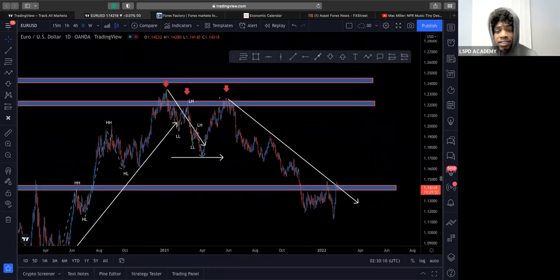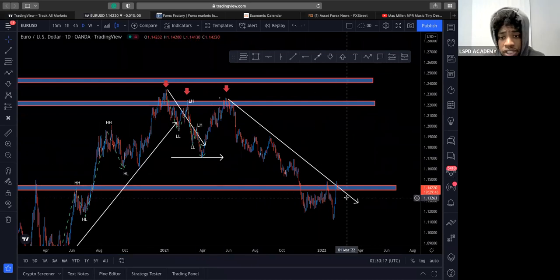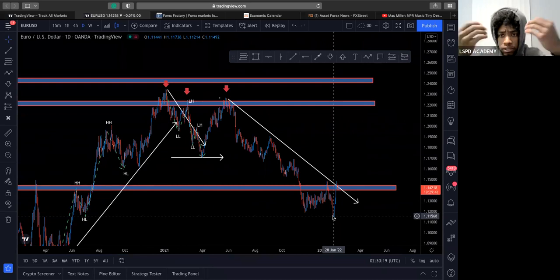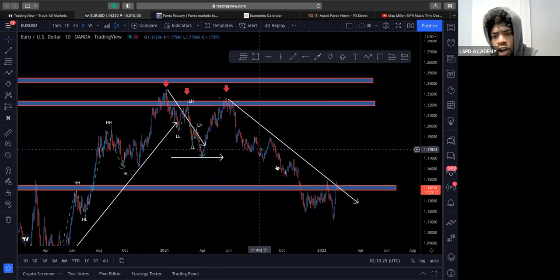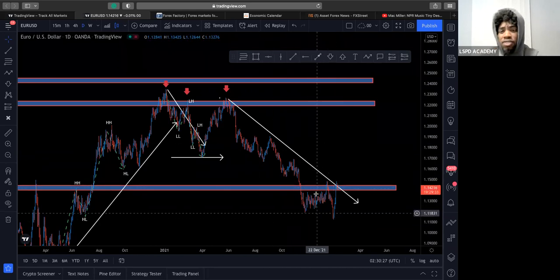I'll say 9 times out of 10, you want to trade with the trend, right? So let's just say we identify this trend is bearish, right? Which means price is coming down. What we don't want to do too often is counter trend trade, right? So we don't want to see, oh, price is super bearish, let me get on our buy, right? Because 9 times out of 10,